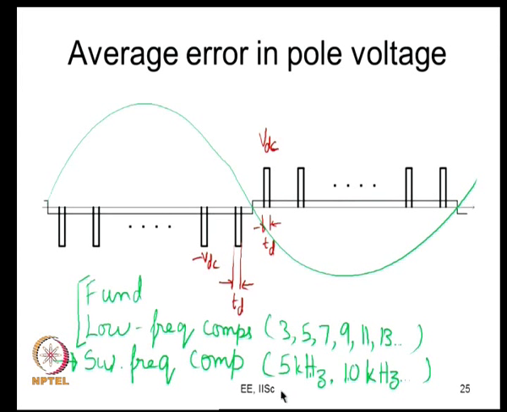I said let us say 0.9 modulation index at 45 hertz. So, at 45 hertz you will have the output, but the frequencies, the harmonics will be around 5 kilohertz, 10 kilohertz, which is called the first sideband, the second sideband, and so on. You will not have this third harmonic and fifth, seventh harmonic or whatever.